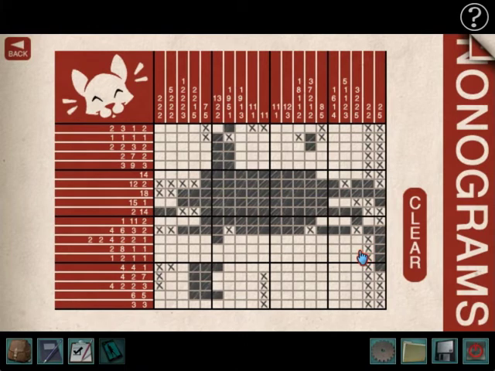Okay, so we've almost got this all done. Yeah, there we go. So we've got this column done, and we got this column done. And now we've got this done. So 11 can't go all the way to here. So I can X that off too. So let's see what implications that all has for these columns now. I hope you guys are sticking with me here. I know that this is not exactly the most fun thing to watch, but